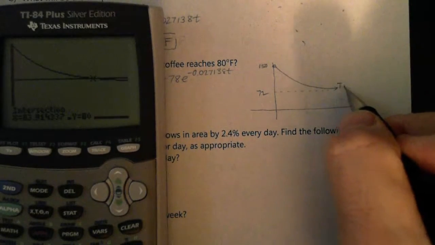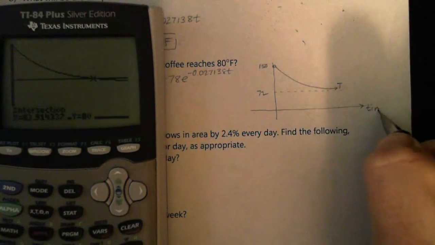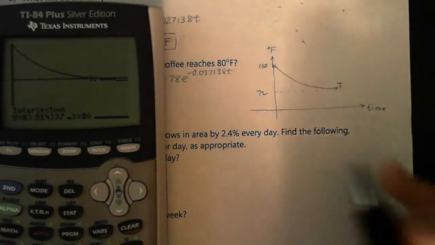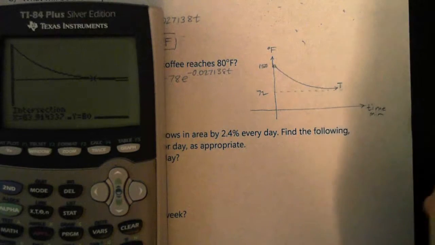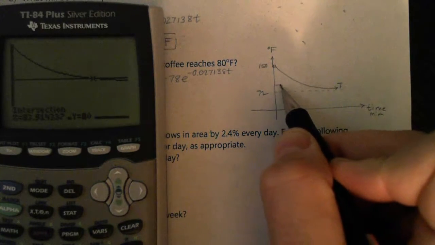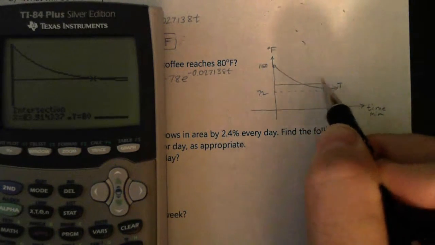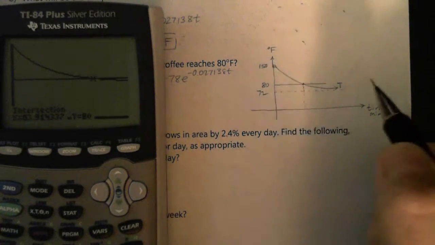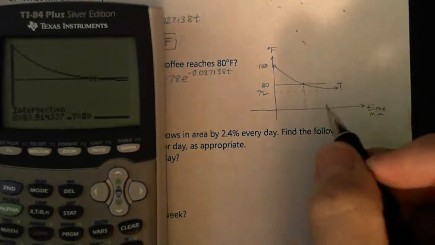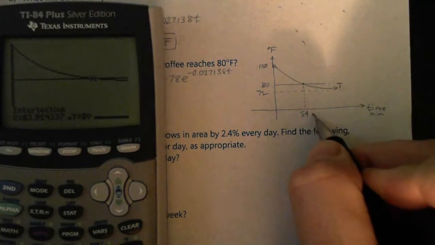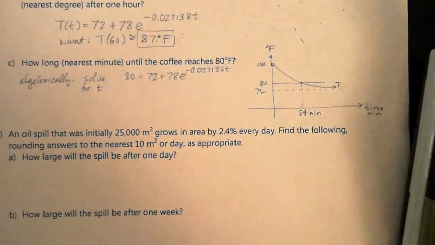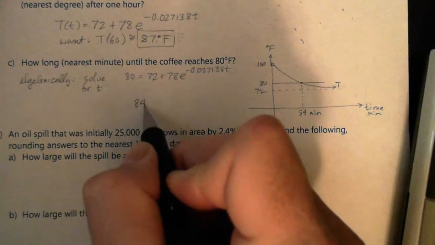That's my big T, and this is time, and this is temperature, right? And this time in minutes. And we see at 80, exaggerating it, we have an intersection of 83.9, approximately 84 minutes. Okay, so we have the solution is 84 minutes,